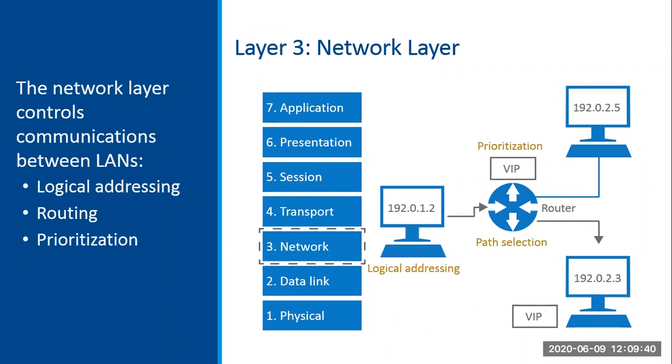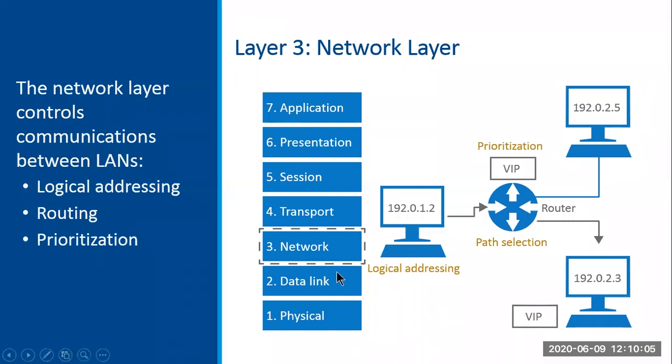Network layer. What are its functions? Its functions are to provide the logical address. Logical address is called that because that's something we assign. The MAC address is assigned by the vendor. Logical address is assigned by us. And so you and I, as network designers or administrators, are going to assign addresses to devices.